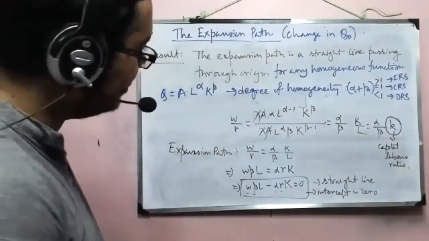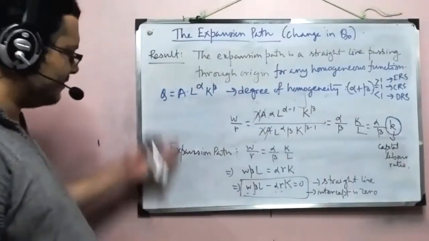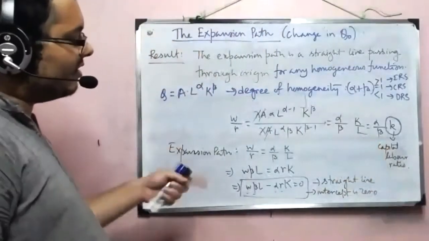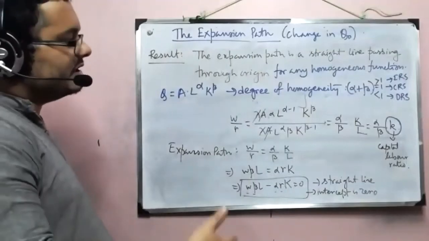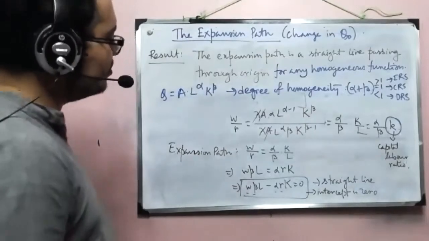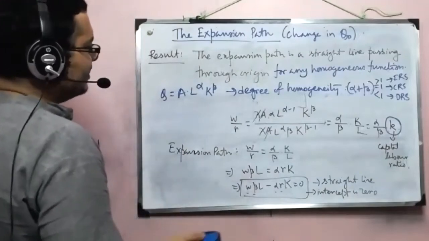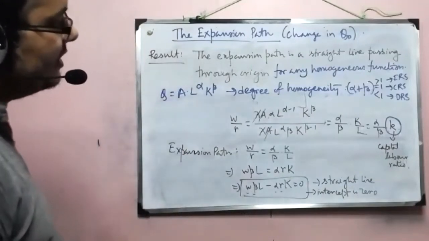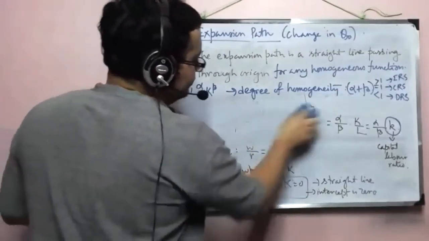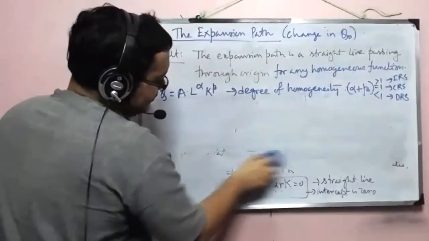Let's look at a diagram. If I'm defining a homogeneous function, whatever its degree may be, that doesn't count, as we have just seen. The reason is that it is connected to this capital labor ratio. This remains fixed. As long as it remains fixed for a homogeneous function's optimal points, the line will be a straight line. Obviously, for non-homogeneous functions, this result will not hold. It may become a straight line, may not. But if I'm talking about a homogeneous function, then obviously it's a straight line. Okay, so that's a result, and a very important result.